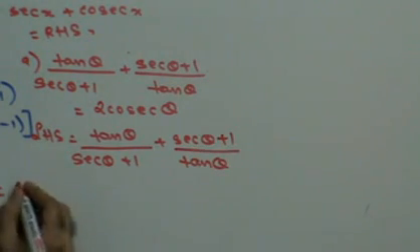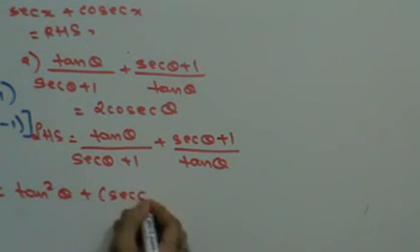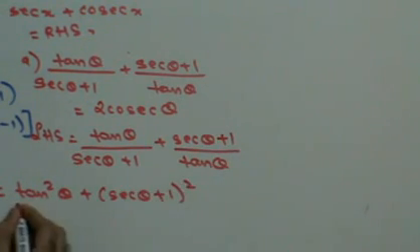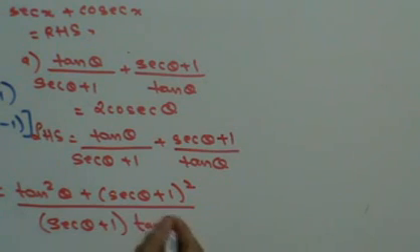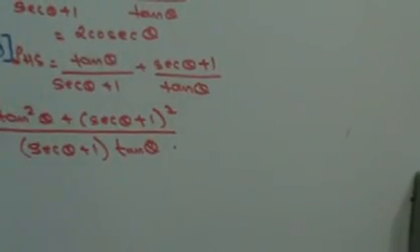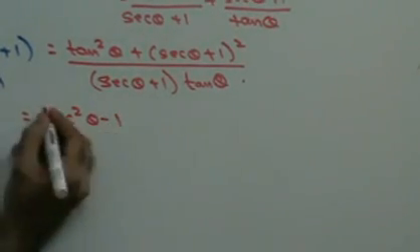If I take LCM, this will become tan square theta plus sec theta plus 1 the whole square upon sec theta plus 1 into tan theta. Fine, do we get this thing here? I've just taken LCM. Cross multiply, straight multiply. Now we have the identity that sec square theta is 1 plus tan square theta. Therefore, tan square theta can be written as sec square theta minus 1